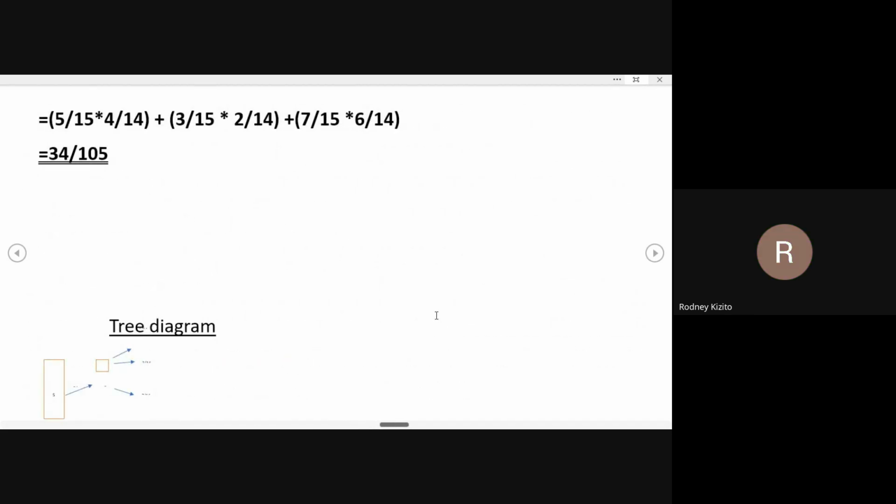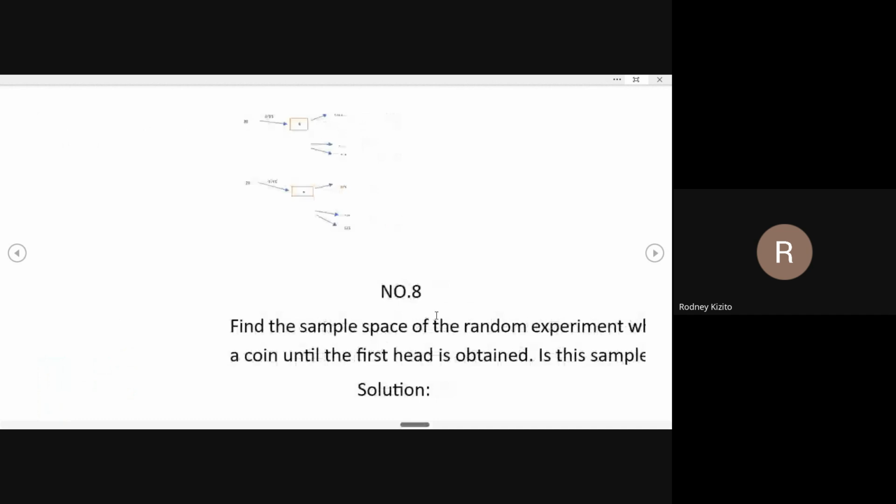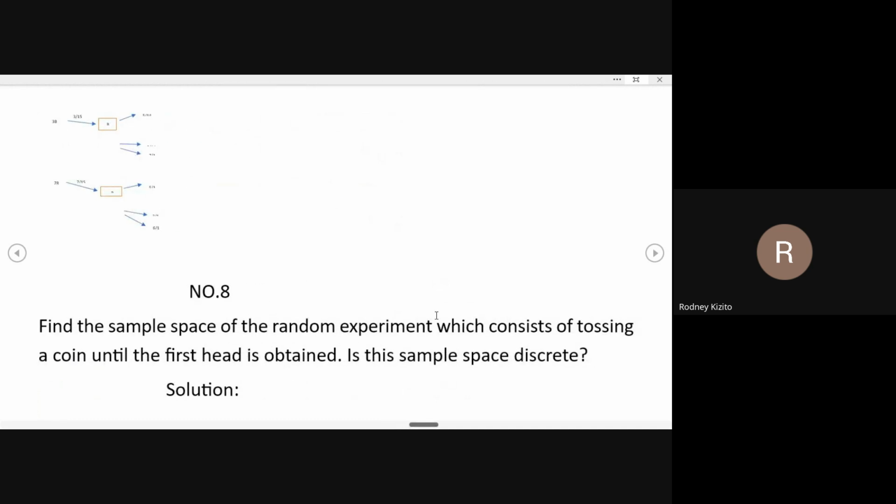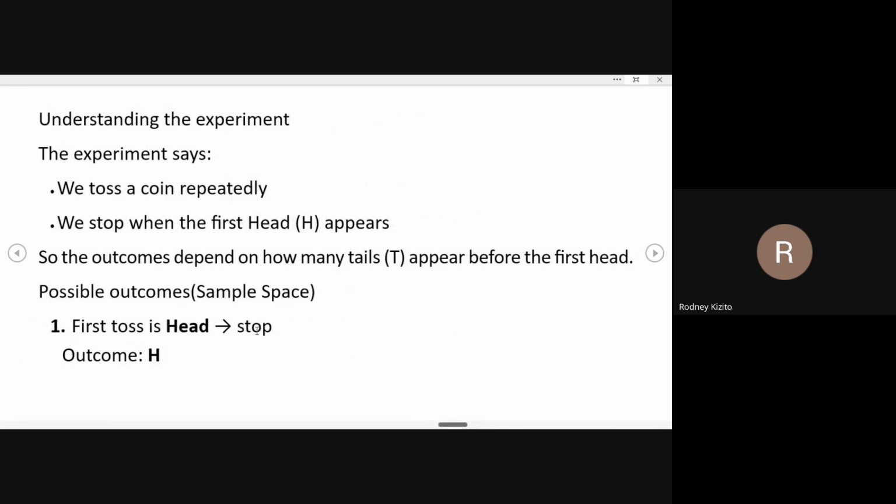My name is Kizito Rodney, and I'm going to be presenting number 8. Number 8 required us to find the sample space of the random experiment which consists of tossing a coin until the first head is obtained. Then the question is: is this sample space discrete? So the solution for this: